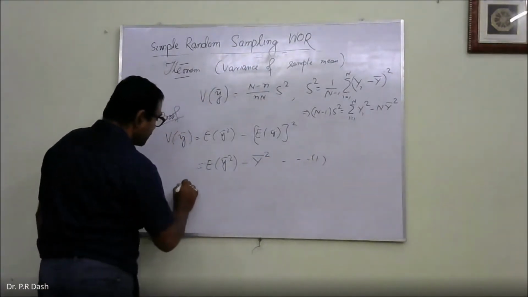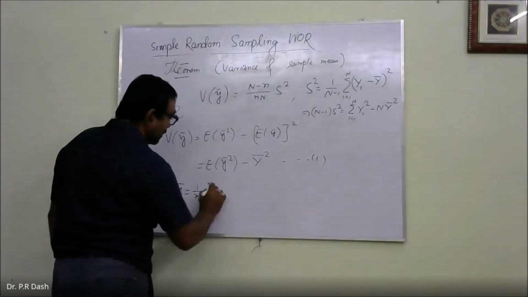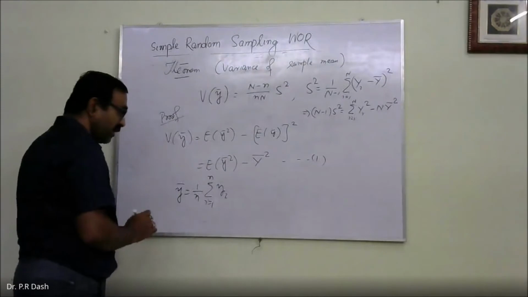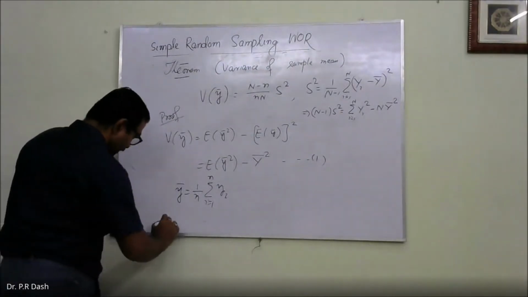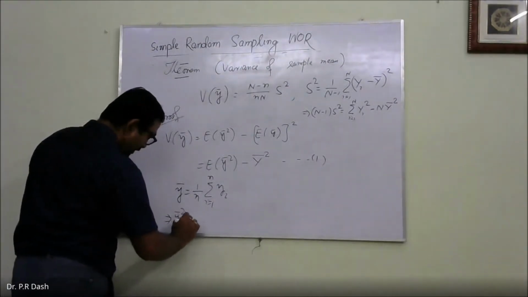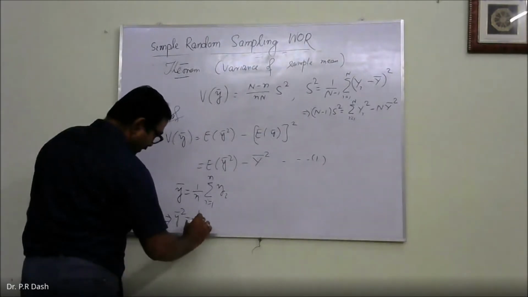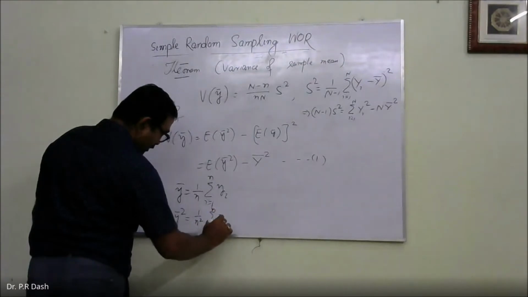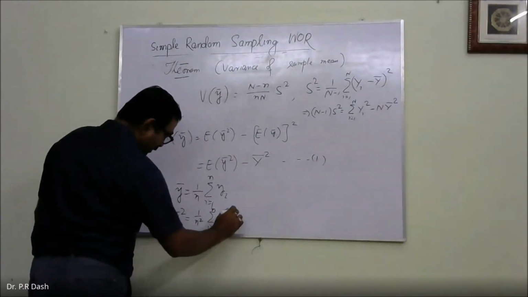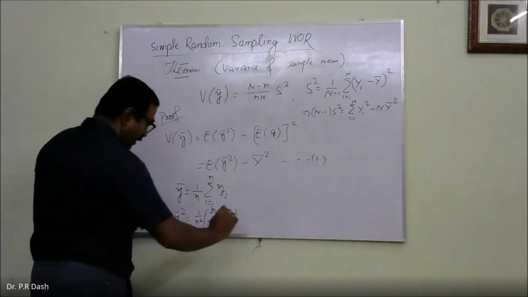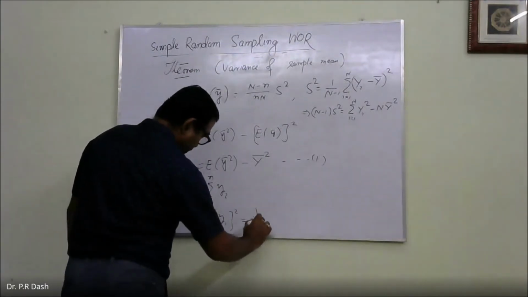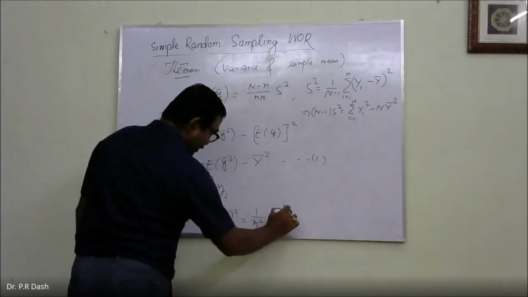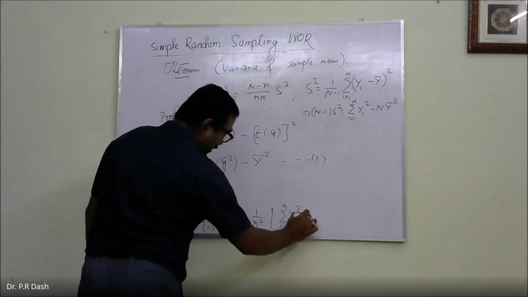Now y bar equal to 1 by small n summation i equal to 1 to n y i. So this implies y bar square equal to 1 by n square summation i equal to 1 to n y i whole square. Now this is equal to 1 by n square summation i equal to 1 to n y i square